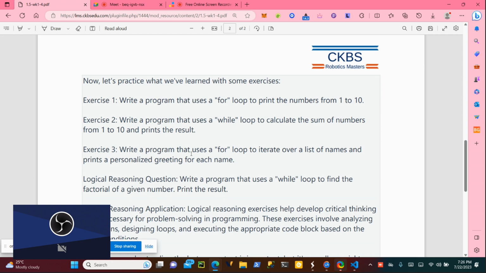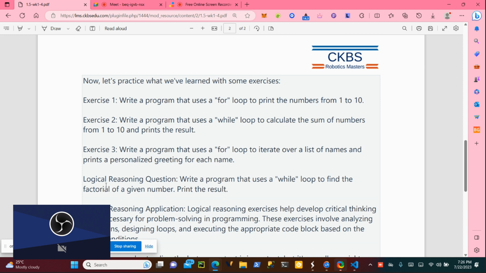Write a program that uses a for loop to iterate over a list of names and print a personalized greeting to each name. So for each name you print a greeting message.